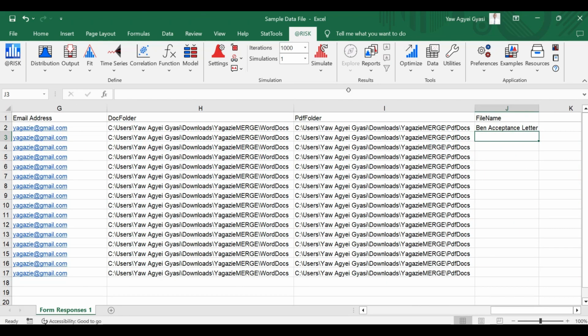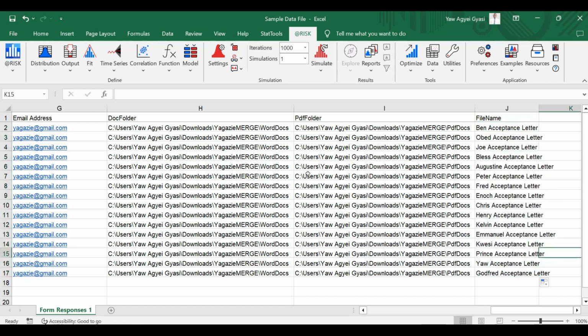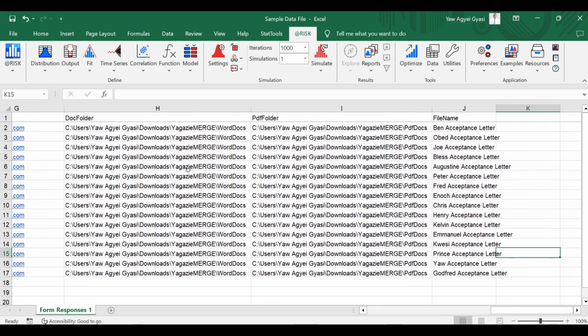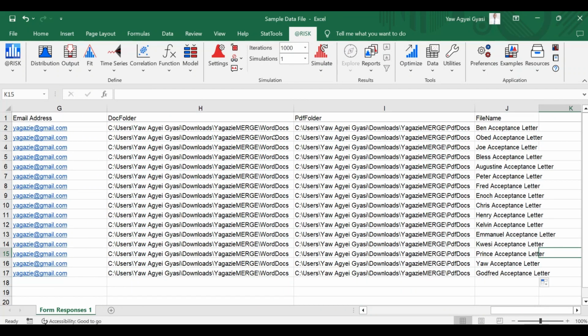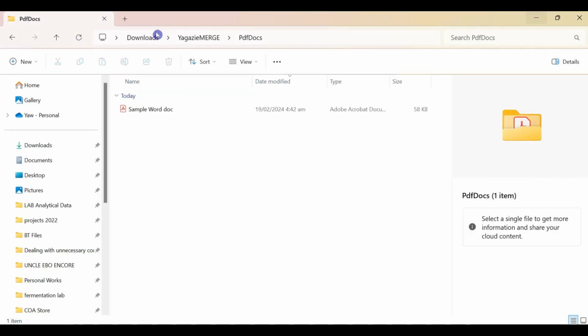Enter. So Excel will do the rest for me. I just have to drag it down and I have the first name and then acceptance letters. So I would save this Excel file, which is now my database, and then switch back to the Word document